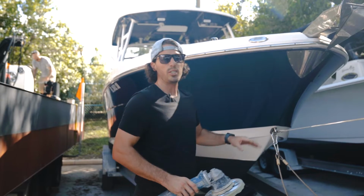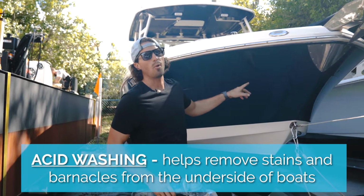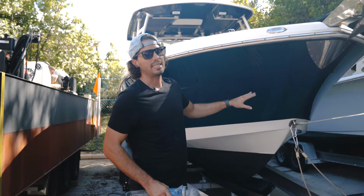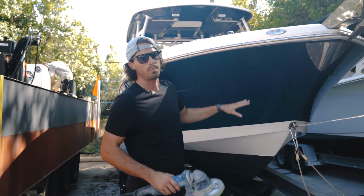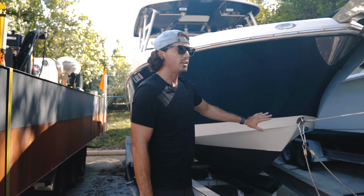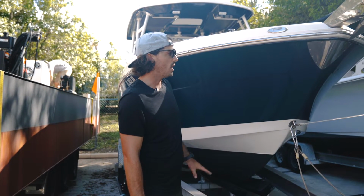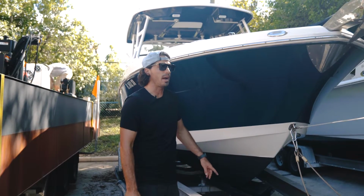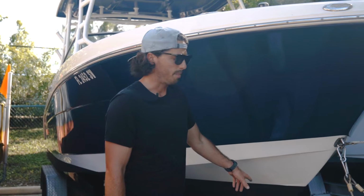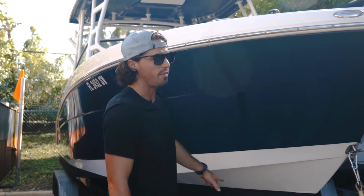So, we just got done acid washing the boat, and that's going to remove any slime or particles that you don't want to get waxed in, or that's going to scratch the boat from getting stuck in the buffer. And it really just gets all the calcium buildup and all the orange off your hull from water staining and water lines. You want to be very cautious about acid washing when you have bottom paint on there, because it will turn it green. So we actually acid wash this, and you just spray the bottom off and make sure you don't get any